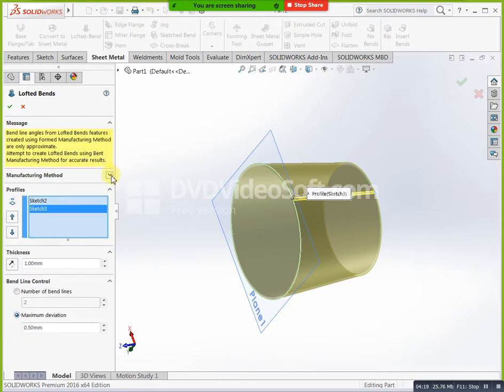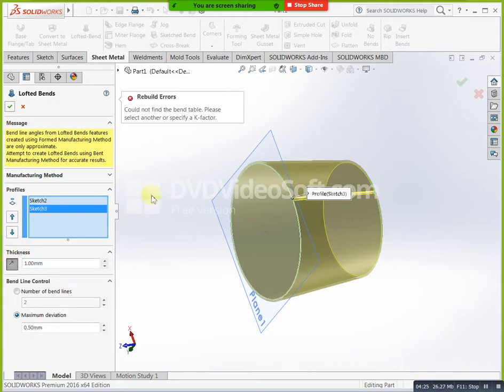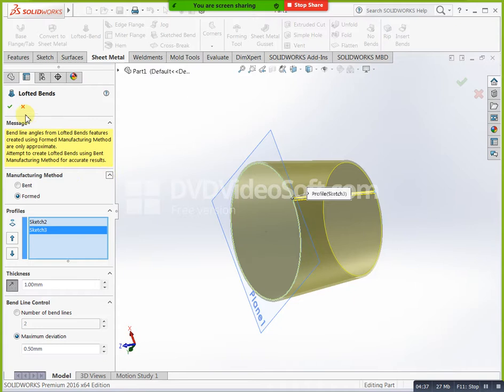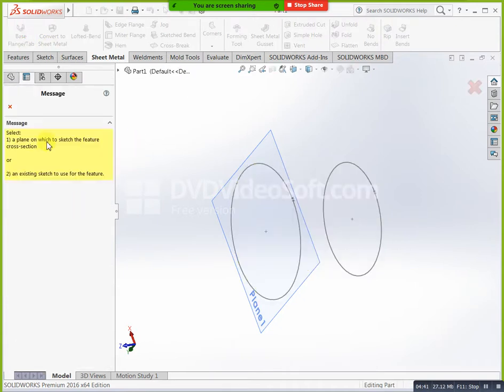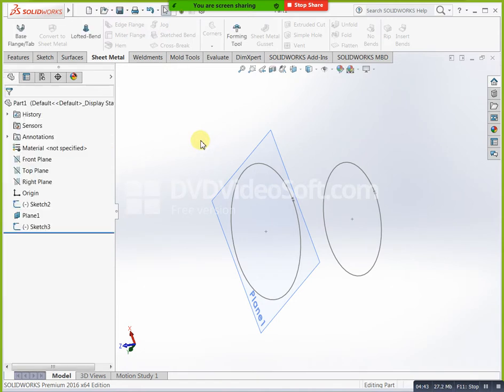K factor, select another or specify a K factor. Where is K factor? Sorry, first of all go here. Select this one, again we can try. Here it is not asking for any K factor, just finish them.